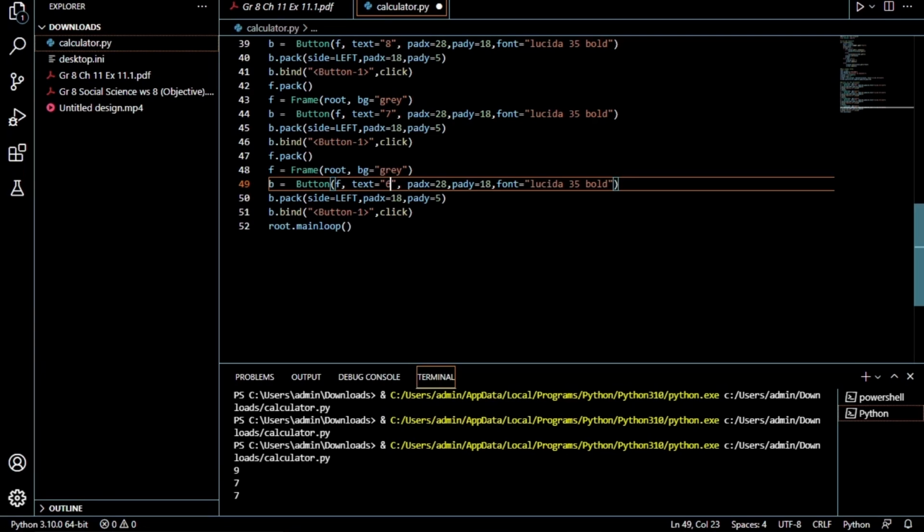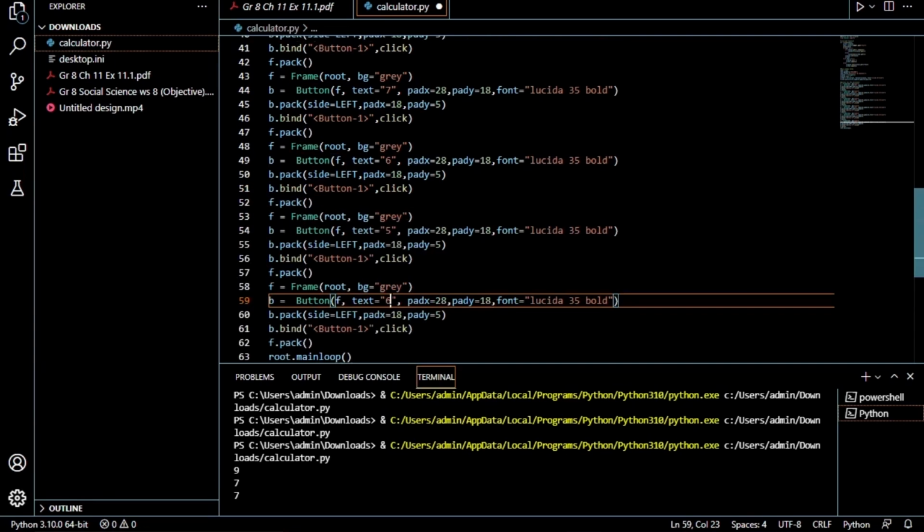And then I will just click enter over here again, and instead of writing 6 I will write 4 over here. Then I will click enter again, paste it, and write 3 instead of 6 here again, and click enter, paste it, then I'll write 2 instead of 6, then over here I'll write 1, and yeah, that's it. I think that should work. I don't think we have to add 0. Okay, so then also let us add 0.